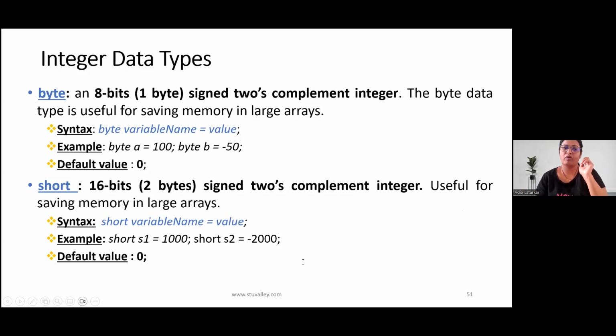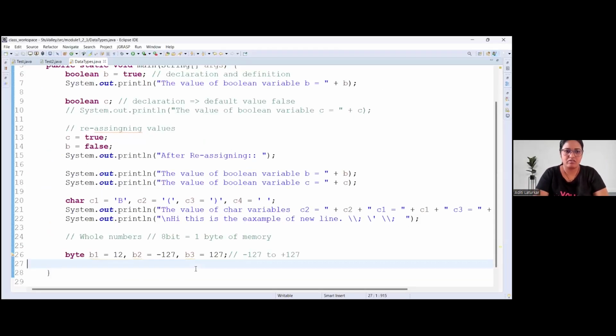used for the range. Short data type, then the variable name, I am giving any value which